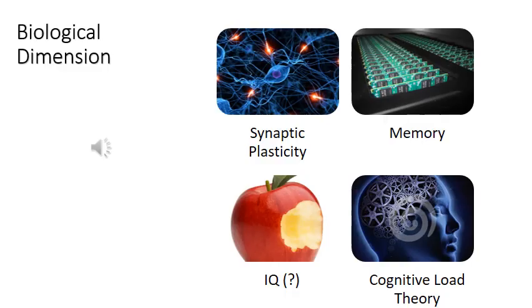Now we are coming to the maybe a little bit more sciencey bits of learning. So the biological dimension, what I want to highlight here is that there are also literally physical aspects that impact how we learn. For instance, the concept of synaptic plasticity is how information is processed in the brain and how flexible the synaptic connections are in the brain and the pathways the information takes.